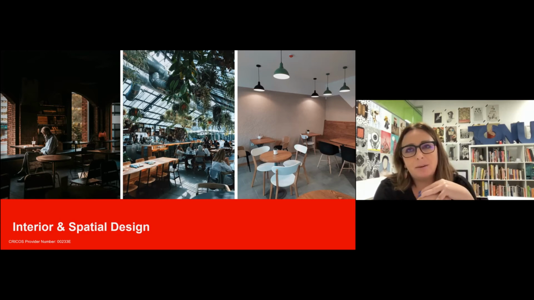So again, I'm sure everyone's sick of hearing about COVID, but it is such an interesting influence of design at the moment, because we've got so many people spending so much time inside, and not at the gym and not at the beach and not at all of these other places. And we're finding that the interior environments more than ever are having a really big impact on people's mental health and well-being. So again, another huge industry that relies on interior and spatial designers to come up with solutions that can help people through different situations when they might be stuck in their environment.